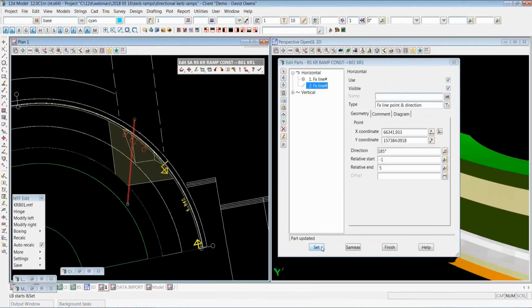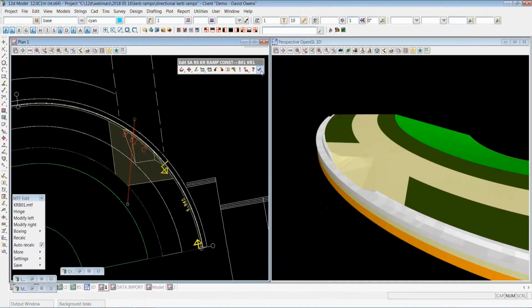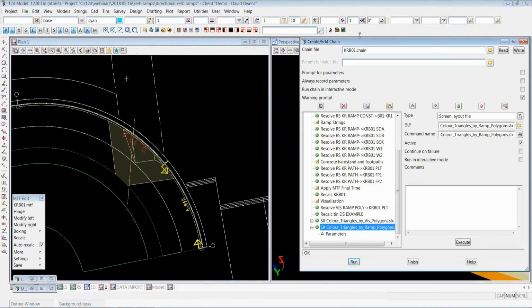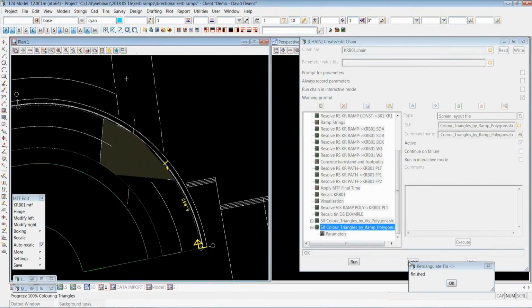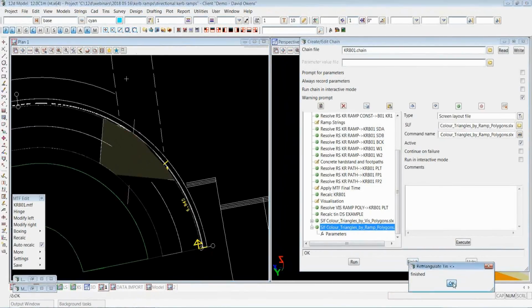The next version is moved along the curve a little bit, as well as a change in direction. Okay, so maybe not the biggest change you've ever had to come across, but still a substantial change in its own right. So if I just drop out of there and rerun my chain,